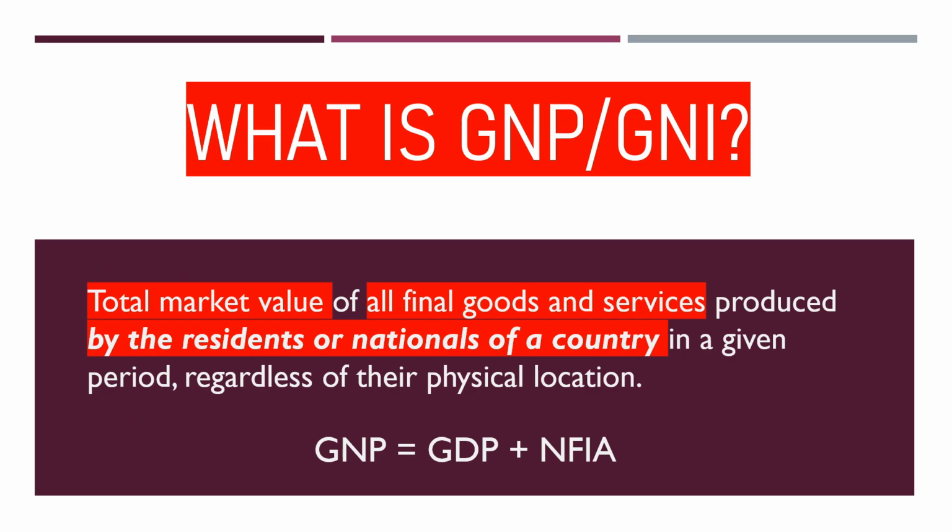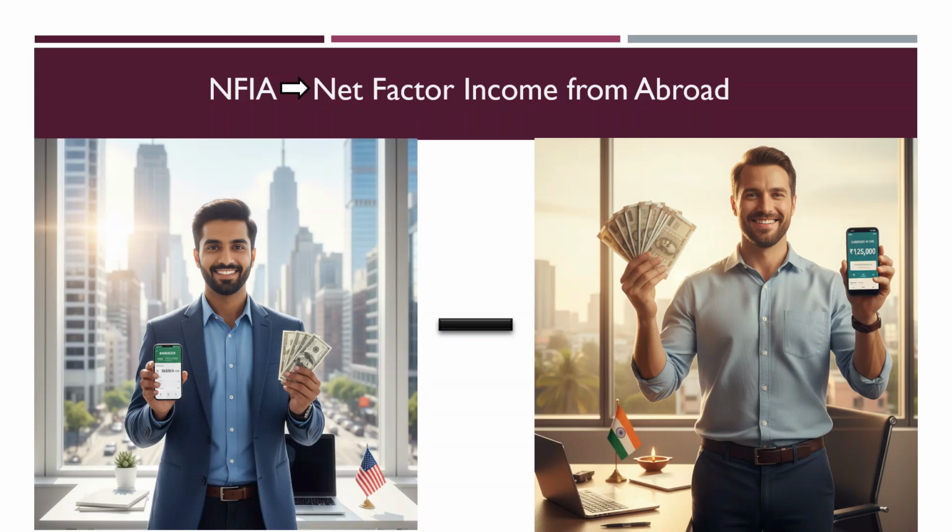Now you see, in our country there are people who work abroad. Although they are Indian nationals, they are working abroad. Let's say a person is working in the US. In this example, you can see on the left-hand side, a person is working in the US and for his service, he is getting money. If he sends some of the money to his home, which is in India, he sends some of his money to his home. And there is another national, let's say an American national